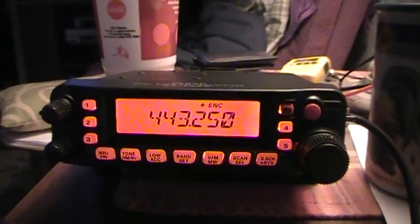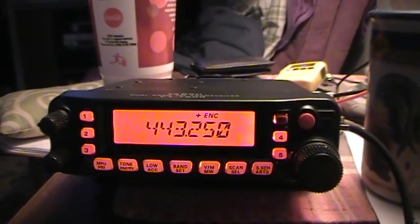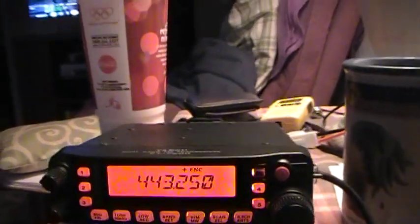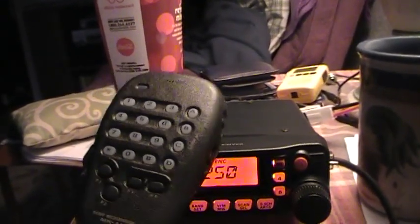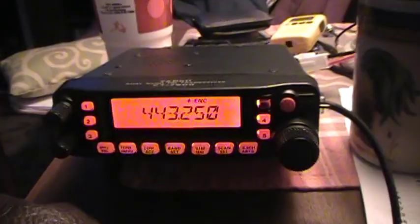Programming it is relatively easy. Save yourself $30. It's really not that hard to program it. What makes it really easy is this microphone that it comes with, and as you can see, the keypad is right on the mic. This also lights up, and there's a lamp switch right here on the side, and you can see that the numbers and the letters glow. It has a cooling fan built into it, which is nice. So when the transmitter's running,